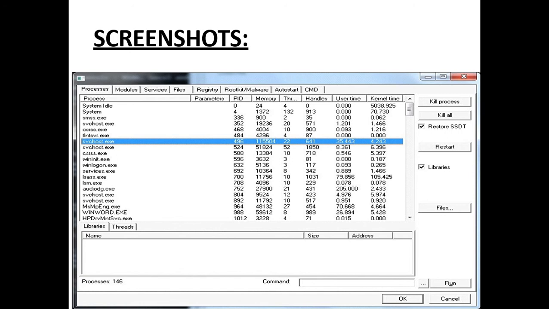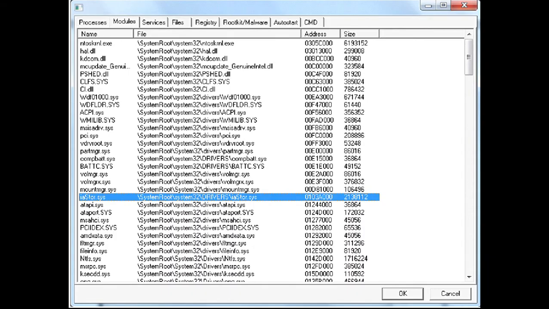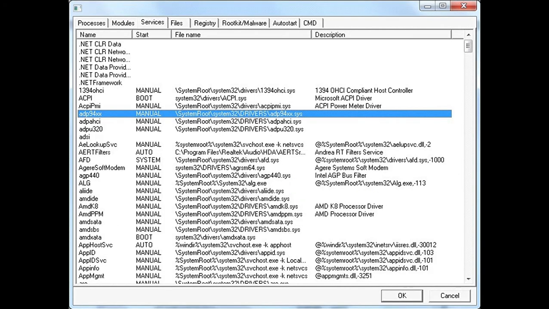Next is the module option, which displays the various system files like .sys and .dll. All the system files are displayed in the module option of the menu. And next is services.